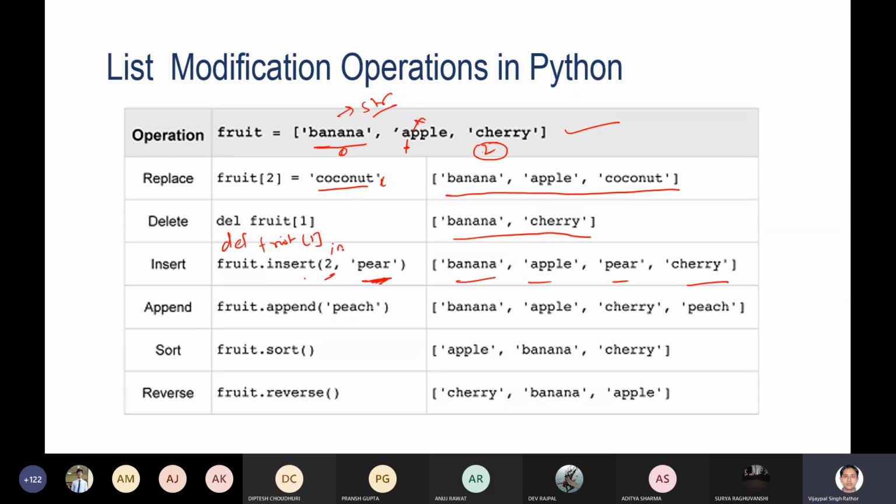इंसर्ट में आपको पहले इंडेक्स स्पेसिफाई करना है या पोजीशन कहां पे इंसर्ट करना है, then you have to specify the element. ठीक है. तो एलिमेंट स्पेसिफाई करोगे तो ओरिजिनल लिस्ट तो हमारी ये है बनाना, एप्पल, चेरी ना. तो सेकंड पोजीशन पे कौन है ऑलरेडी इन द प्रीवियस लिस्ट? चेरी ना. तो चेरी क्या हो जाएगा? राइट शिफ्ट हो जाएगा, और उसकी जगह पे कौन आ जाएगा? पेयर. तो अपना रिजल्टेंट लिस्ट क्या होगा? 0, 1 सेकंड पोजीशन पे पेयर, अब चेरी थर्ड पोजीशन पे शिफ्ट हो जाएगा. ठीक है ना? यस सर।